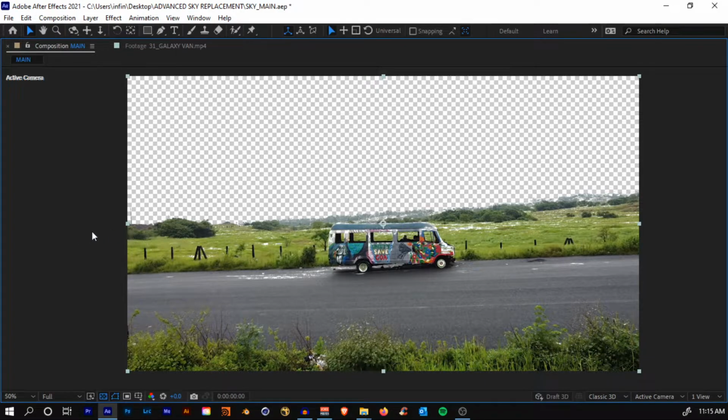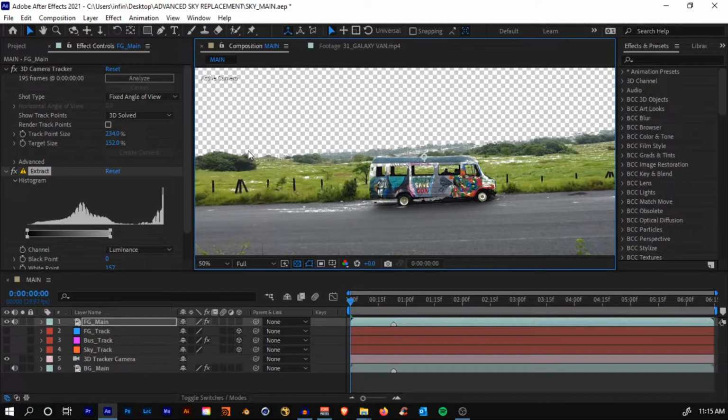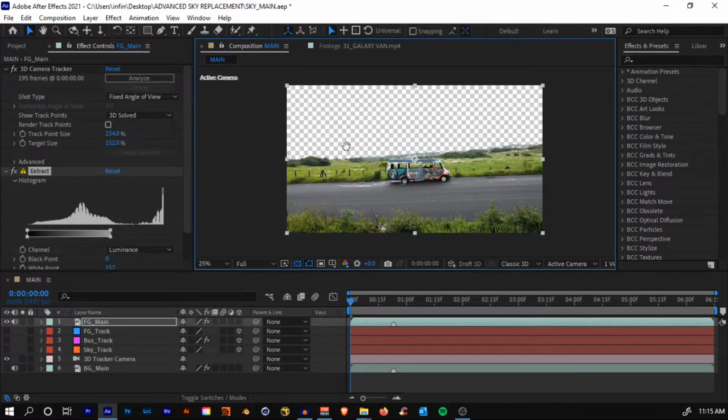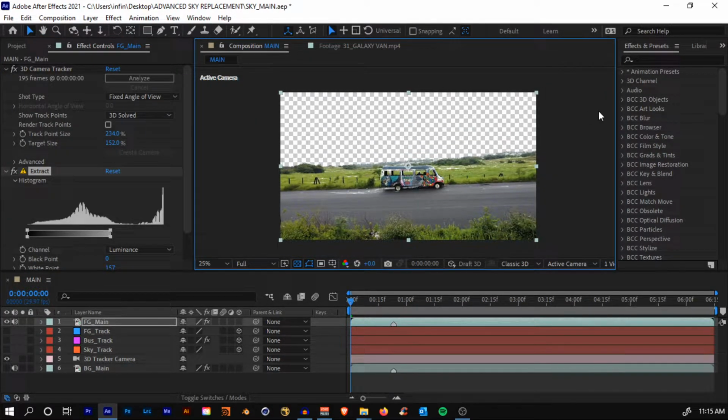We can draw a mask right here at the edge of the horizon and the ground, in between the separation, excluding the bus, so that we tell the extract layer to only affect the part above, not below. Don't be confused, I'm going to show you right away.